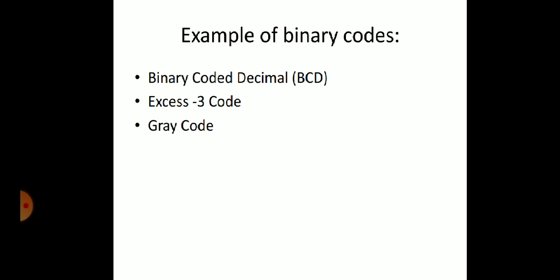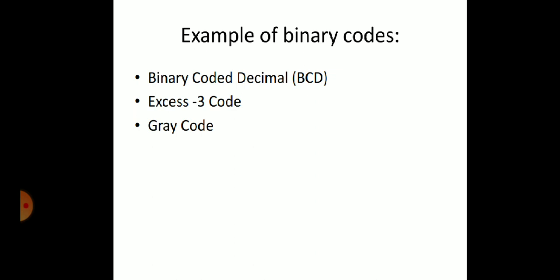The binary representations of hexadecimal, octal, decimal, these are known as hexadecimal code, octal code, decimal code, etc. The codes are used to store and transmit the data efficiently. There is a wide variety of binary codes used in digital systems. Some examples are binary coded decimal, which is referred to as BCD, XS3 code, gray code. These are different types of binary codes.